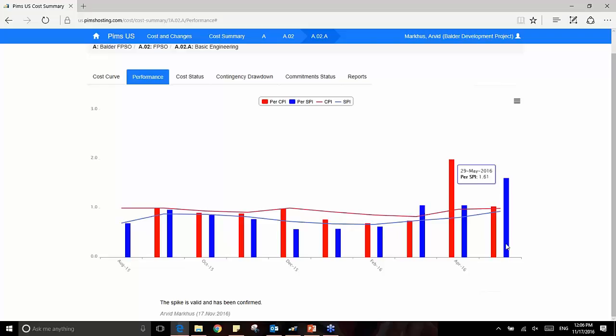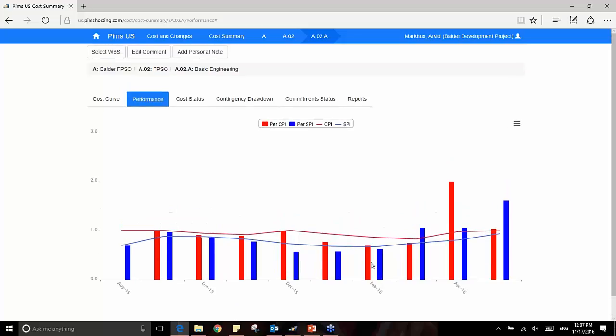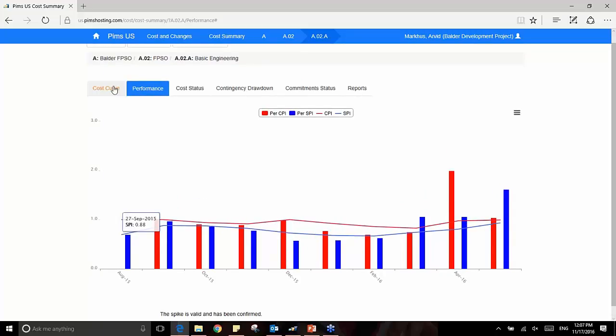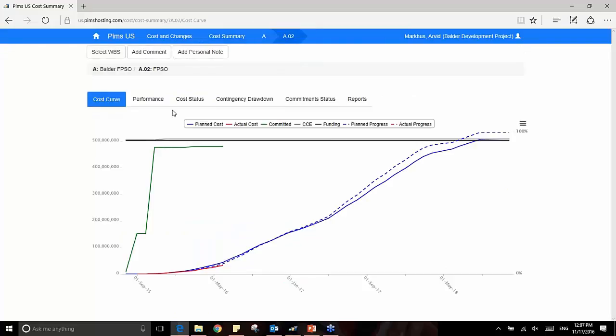But when I put that comment on, when your project team or your managers are going into these dashboard pages and look at them, instead of picking up that phone and always calling the cost engineer, you can now actually just publish your comments directly to the WBS element, and they can see the reasoning behind the numbers. These comments you can do to the cost curve, or you can do to any of these tabs that we have here. Let me go back up to my FPSO level and then go over to the cost